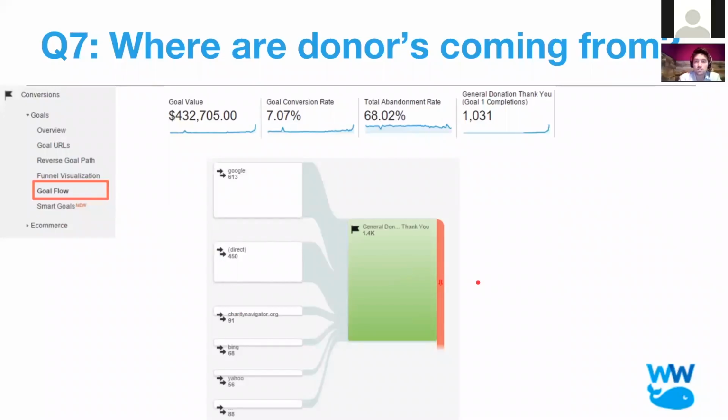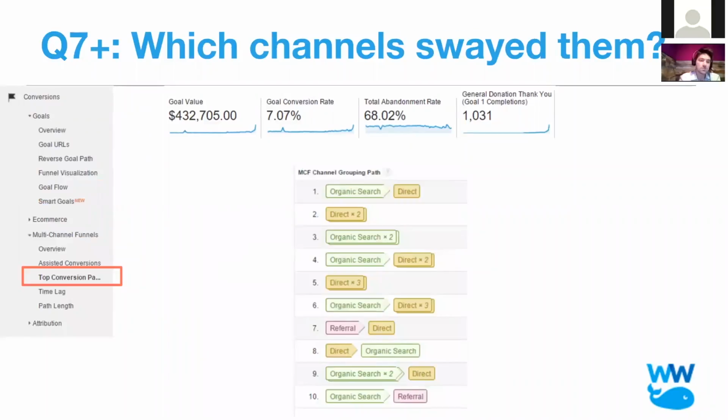We can see the direct, charitable. These make for nice charts in general. I like this. You can look at goal conversion rates in aggregate. We can see total goal completions. And this views one way of answering this question of saying, okay, I get it. They're coming from multiple sources.